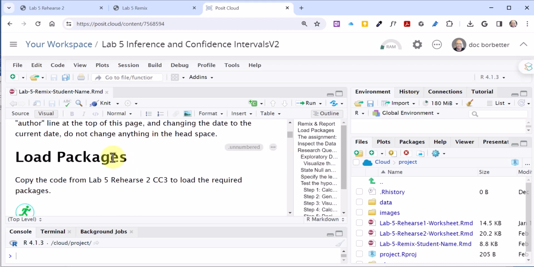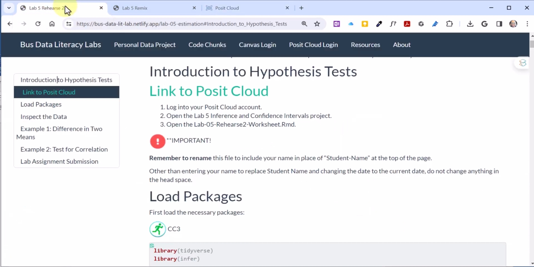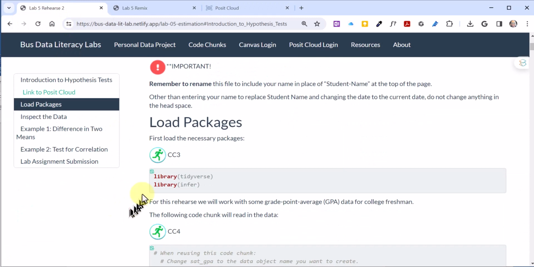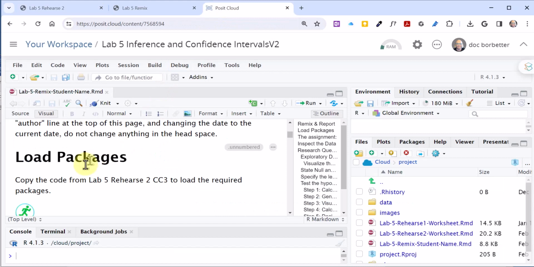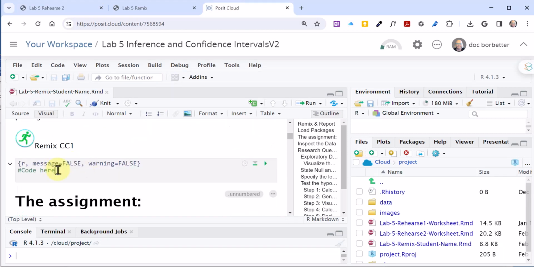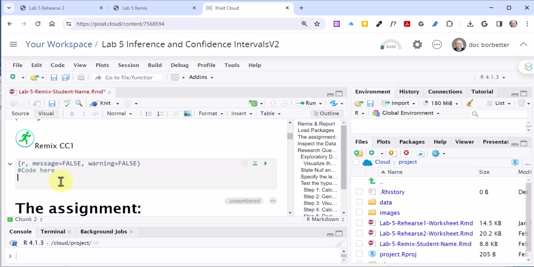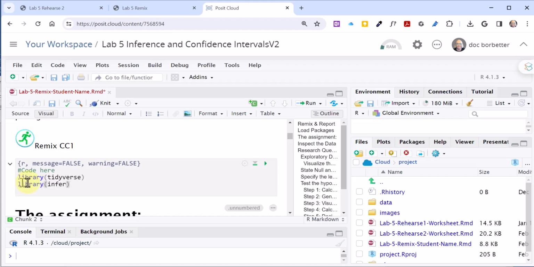First thing it says to do is load the packages. We want to copy the code from Lab 5 Rehearse 2 CC3. So I'm going to go over here to Lab 5 Rehearse 2, and there's my CC3. I'm just going to copy that code, go into my PositCloud, find that space, and put your cursor below the comment. Remember, if you've got code after one of these pound signs, R won't read it. So make sure you're careful where you put the code. And then I just Control V to paste that in there,